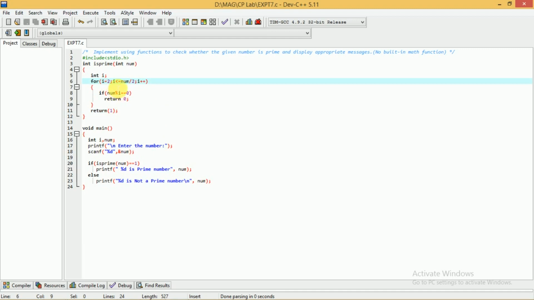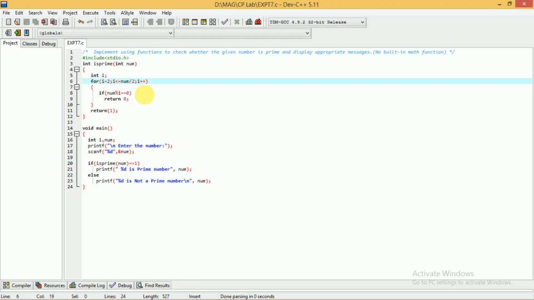And here the last number, as per our discussion, would be num. But it is experimentally found that if the number is not divisible by the half numbers, then it is not divisible by any of the numbers. So instead of considering all the numbers between 0 and 9, we'll consider only half the numbers, that is 0 to 5.